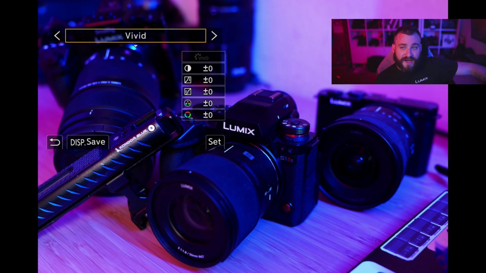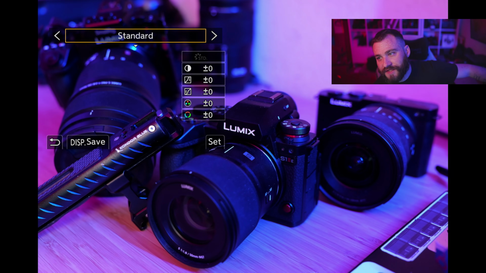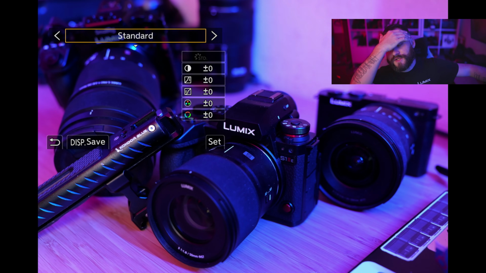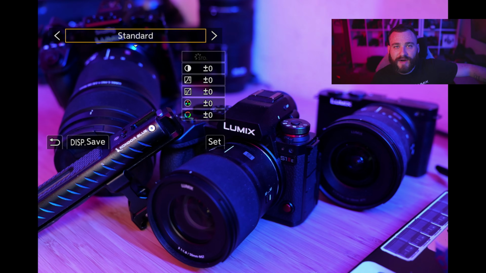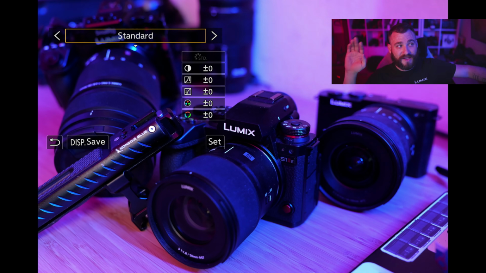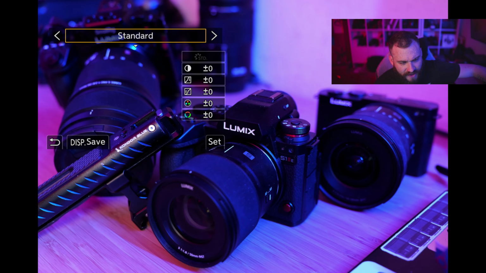It works fine, I'd say, for things like streaming. Like, I'm streaming right now. I'm using an S1 Mark II that's using the USB streaming, and I have it set on portrait for the color right now because I don't want to work on a grade for this. I just want it to look decently okay. I still have to work on my lights because they're too bright now. But then